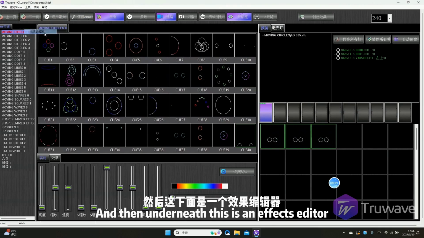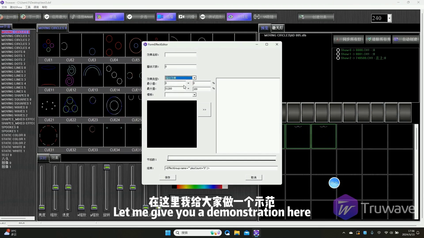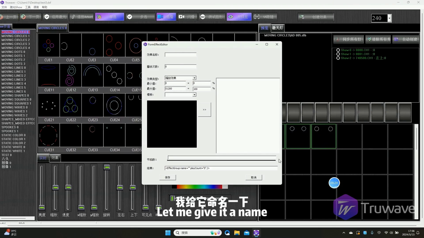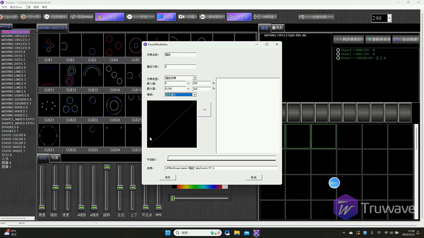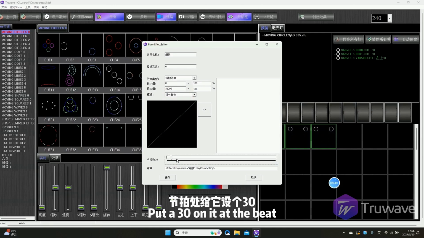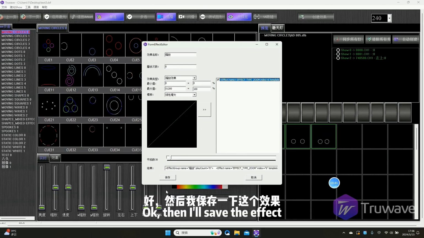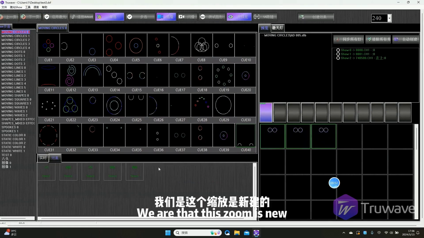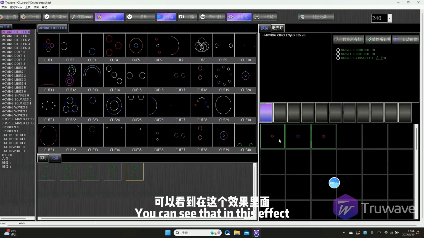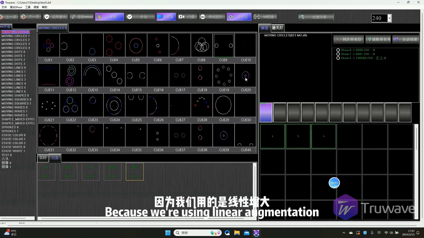Here is an effect editor where you can edit some effects. Let me demonstrate for you. For example, I will create a zoom effect and give it a name. From 0 to 100, a linear increase. Set the beat number to 30. Okay, then I will save this effect. In the editor, we have created this playback style. When we click on it, we can see that it has a zoom effect, which enlarges from small to large, as we are using a linear increase,